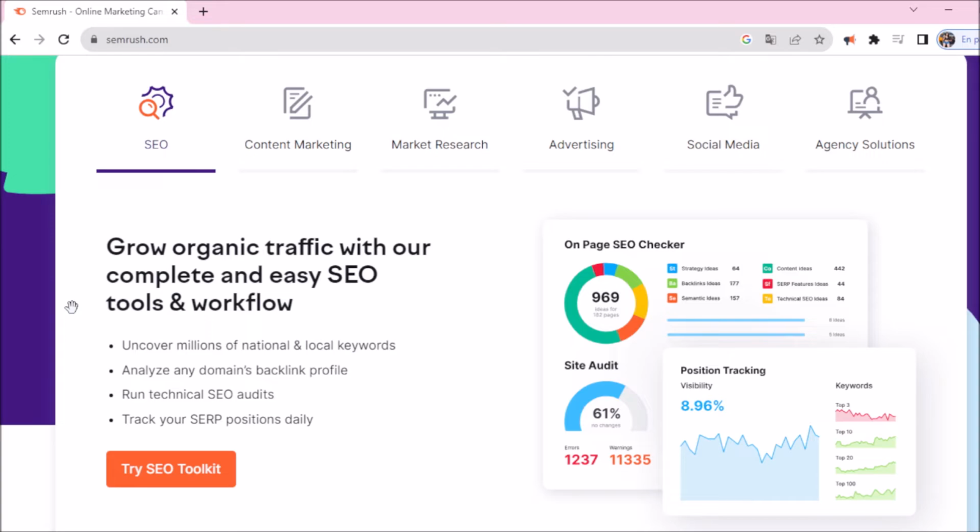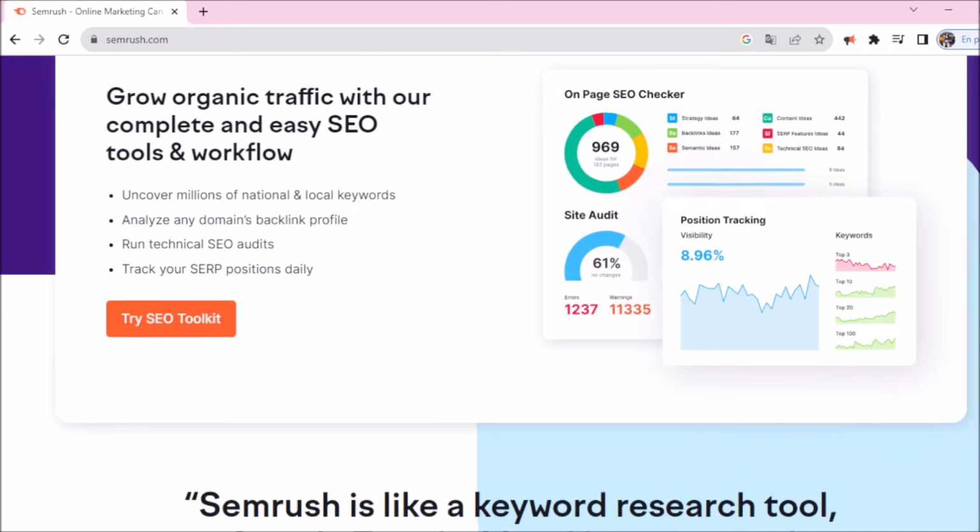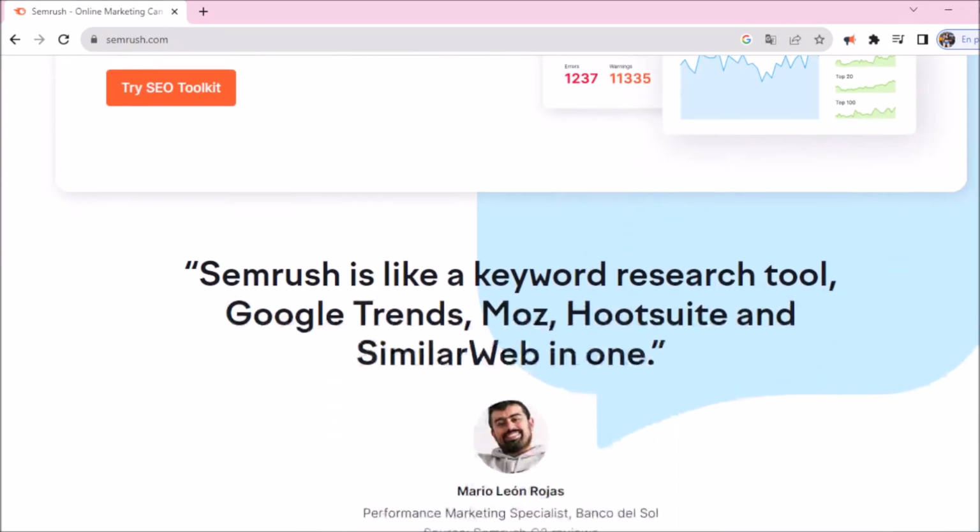Discover how to reach more prospects while spending less. 1. Find the best keywords for every PPC campaign. 2. Monitor your competitors' ad copies and landing pages. 3. Optimize your advertising spend at a local level. 4. Analyze Google Shopping ad campaigns.